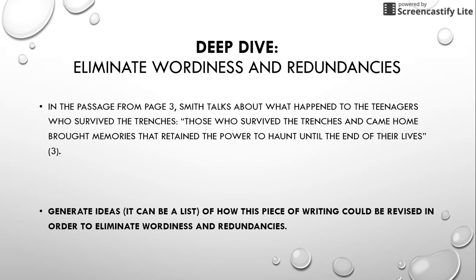So the author tries to introduce the quotation, but his or her introduction, whoever Smith is, basically tells us exactly what the quotation does. So I'd eliminate most of the introductory sentence and rewrite it to signal its importance. So something like, Smith demonstrates the emotional horrors of war. Those who survived the trenches and came home brought memories that retained the power to haunt until the end of their lives. And then keep parenthetical 3. And then now my introductory sentence